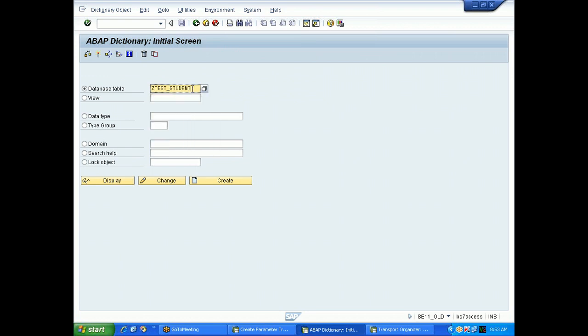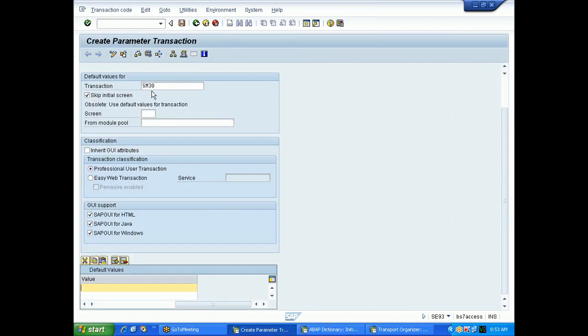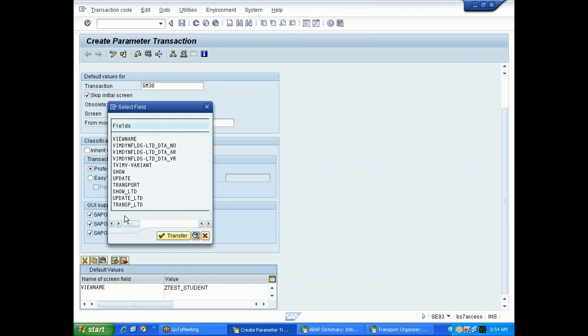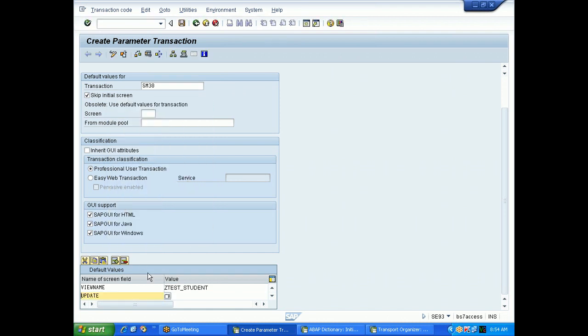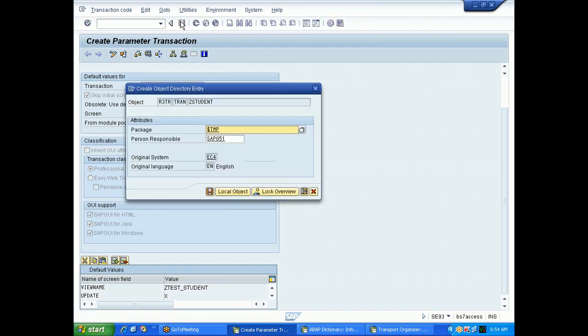So this is the table name for which we have created the table maintenance generator. So I'll give this here and click on the second row. Click on F4 button. Update. Select the update here and give X. Update X means update is enabled. Updating means entering data into the table is enabled. Click on save. Save in a local object.